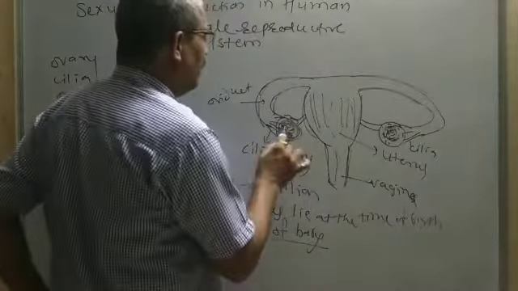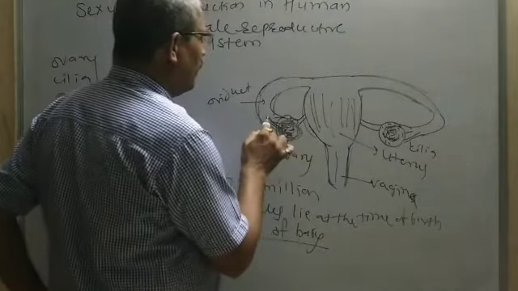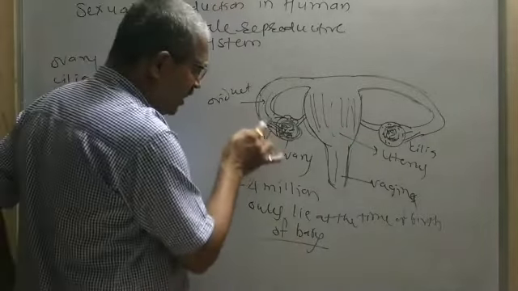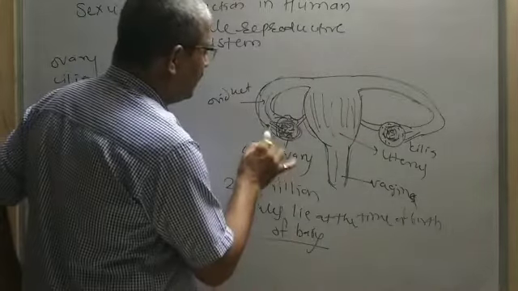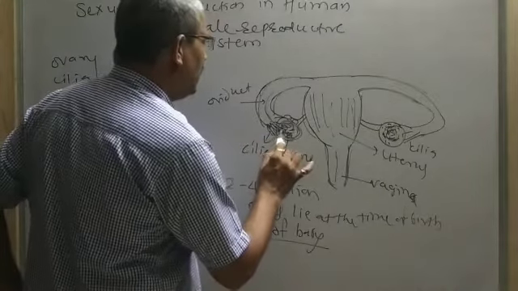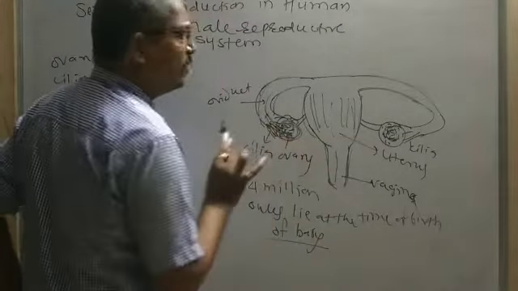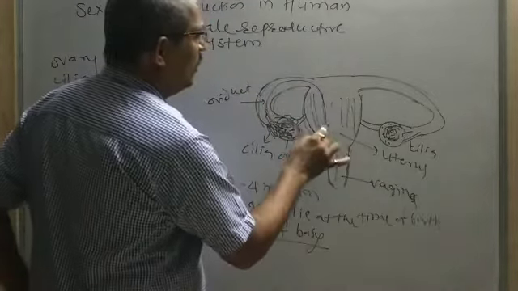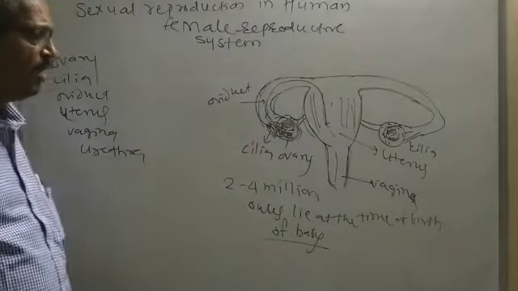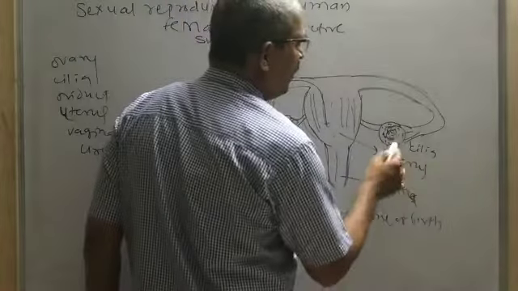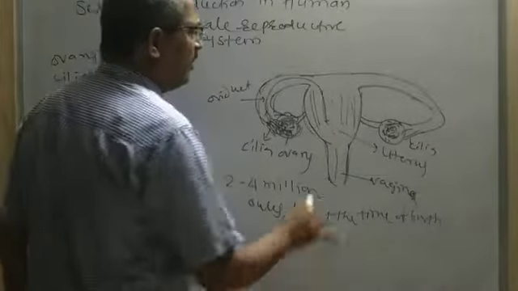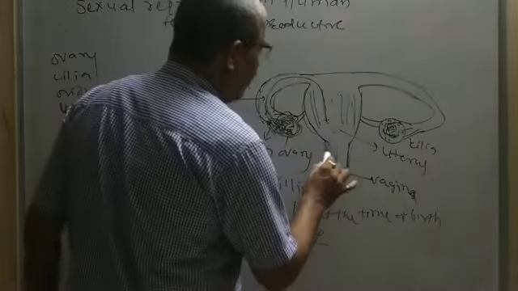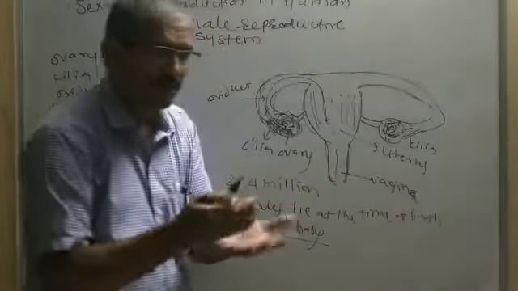Then of these ovaries, only one egg cell or ovule passes through the oviduct or fallopian tube. When it passes through the oviduct, there are cilia. These cilia push the ovule towards the oviduct, and then this one ovule comes into the uterus. Similarly, it can happen from this side also. Then in the uterus, some further process takes place, and if it is not fertilized,